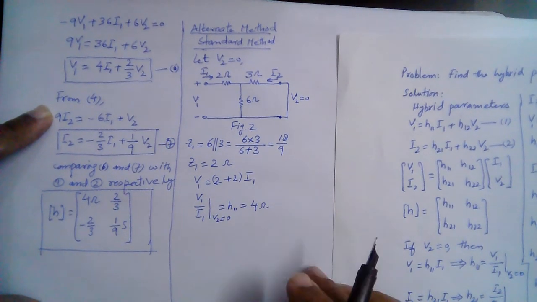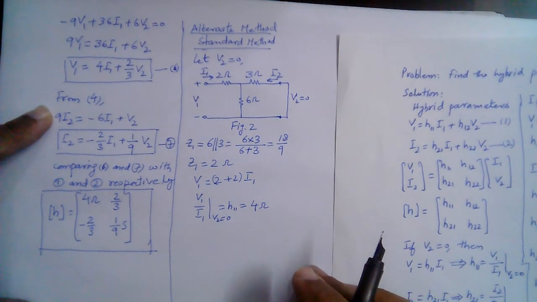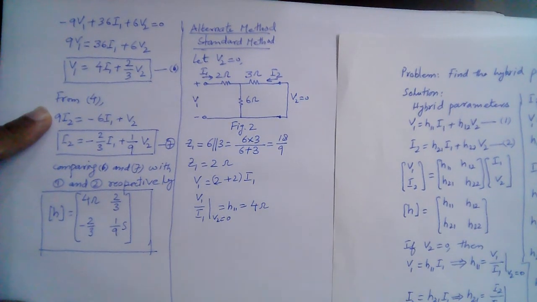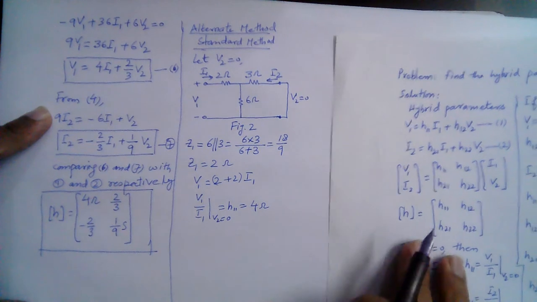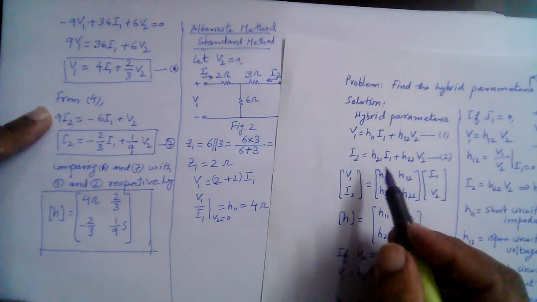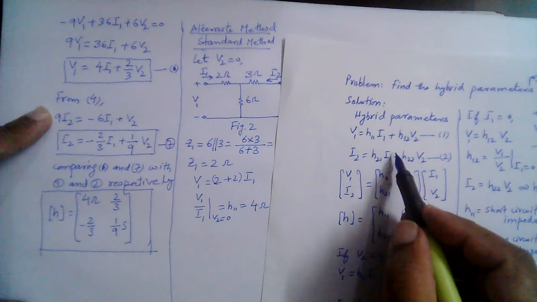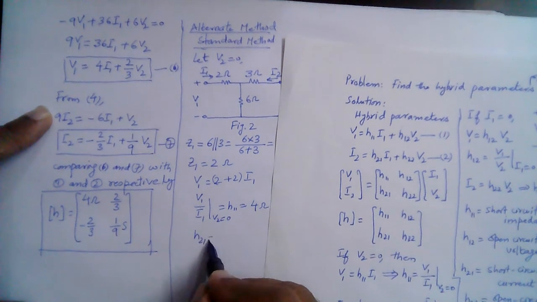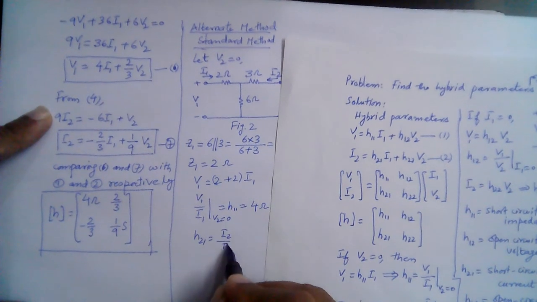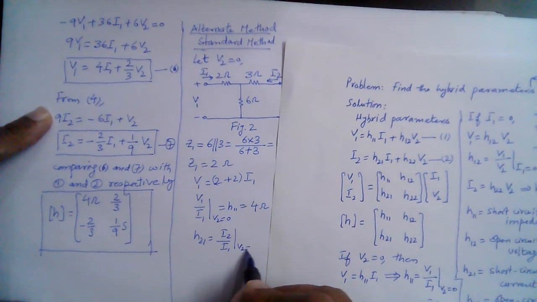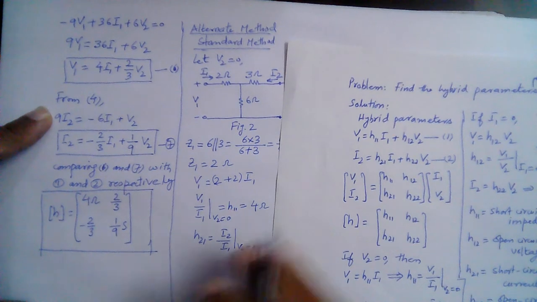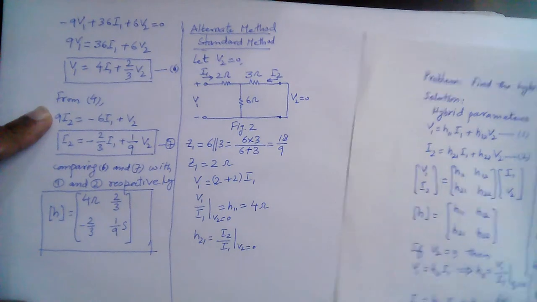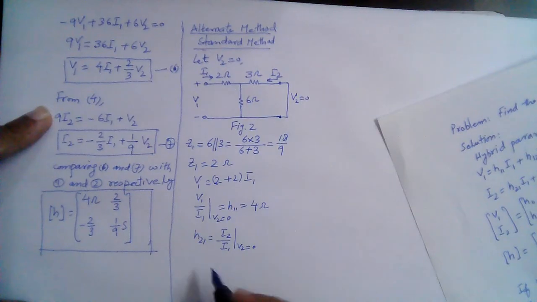So this is short circuit input impedance. So we have found one parameter, and the other parameter that we can find here is H21, because V2 is equal to 0. H21 is equal to I2 divided by I1 while V2 is equal to 0. So we can apply the current division rule at this side. So using current division,